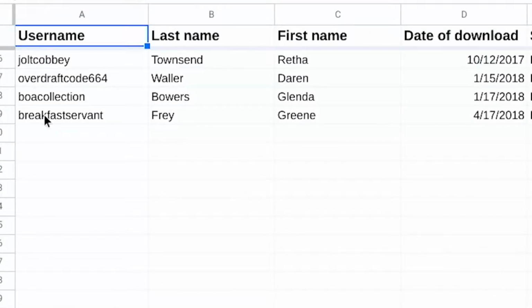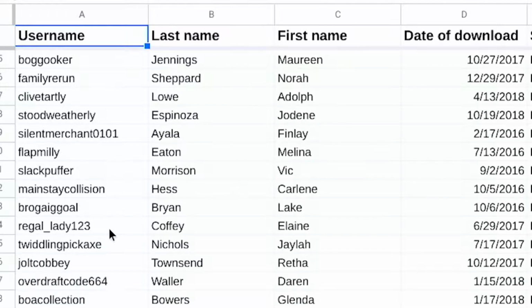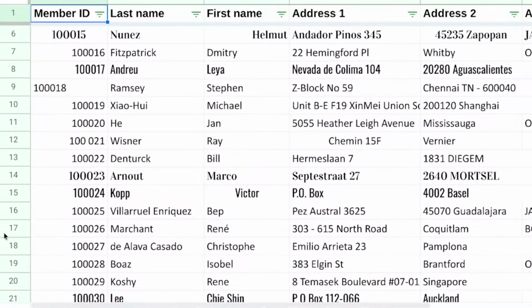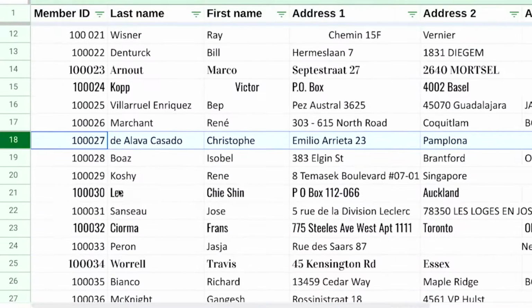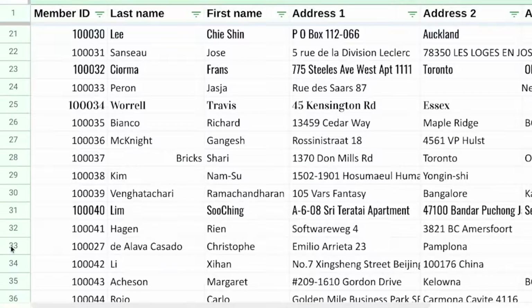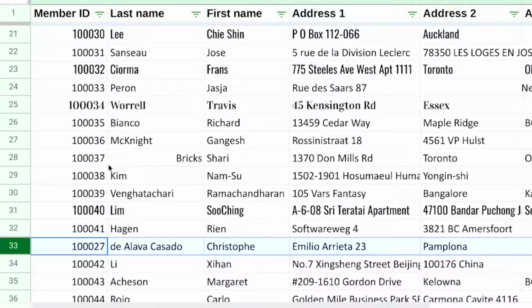To do that, you could search through the data manually or use tools like conditional formatting or filters. Or maybe there was a common misspelling, like someone keying in the name of a product incorrectly over and over again. In that case, you'd run a find in your clean data to make sure no instances of the misspelled word occur.